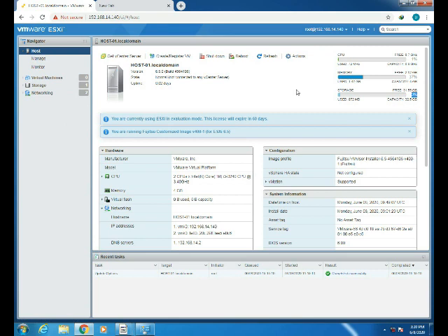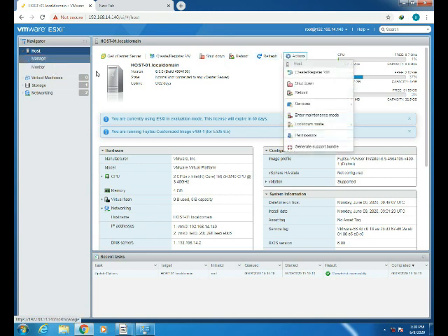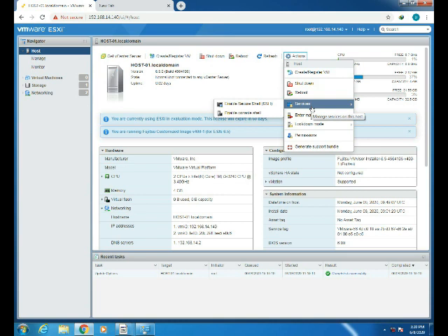If you want to restart your host, you can do it from here. If you want to shut down, just click on shutdown. From services, as I said, you can enable the SSH service from the host or from vCenter.